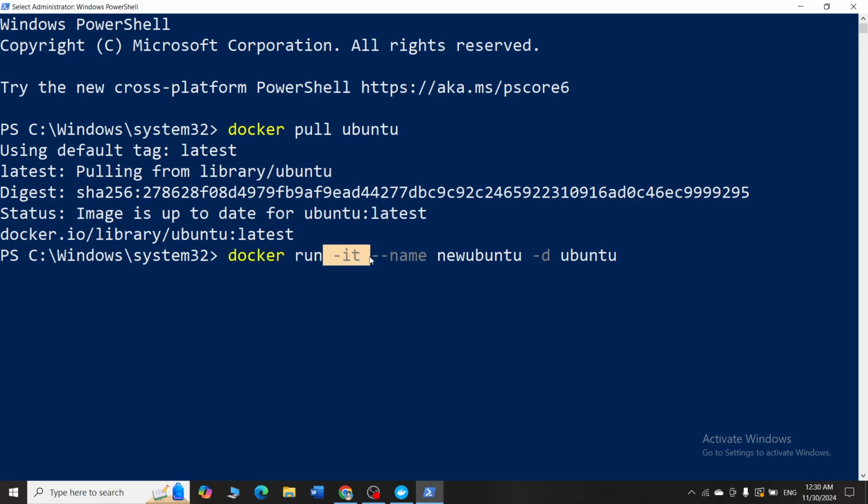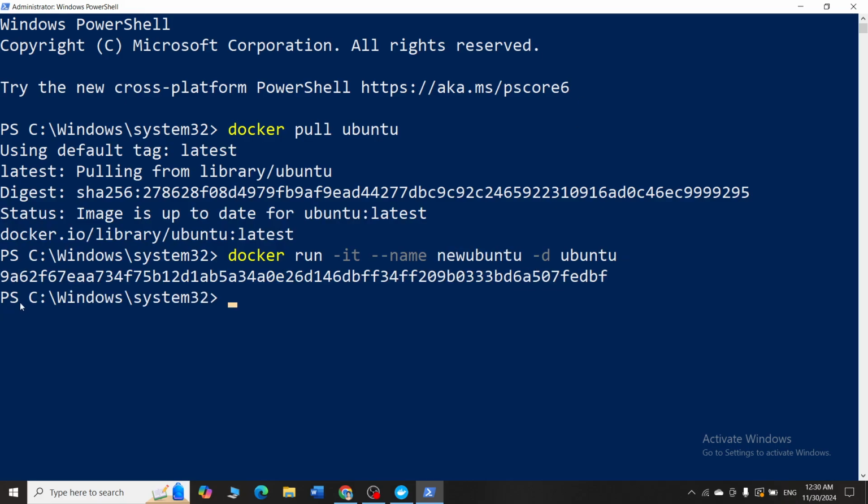So -it is basically allowing me to interact with the container. So I am not telling my container to run in the background. So you run in the background, but give me an interactive phase so that I want to enter some commands here. That is what I am telling. So what is this command doing? It will create and start a new container from the Ubuntu image. It will allow you to interact with the container. That means it is opening the interactive terminal mode, and it is giving a new name to it, which is called new Ubuntu here. Now press enter,